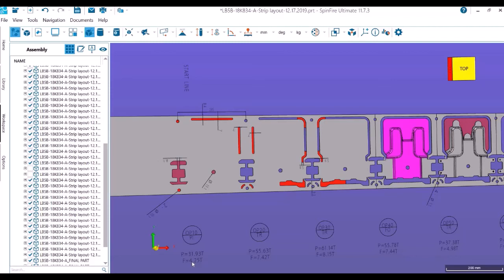Okay, and the fourth station is our forming station. You see, forming force is 56 ton approximately, and forming pressure pad force is 7.5 ton approximately. So this whole area which is highlighted by magenta